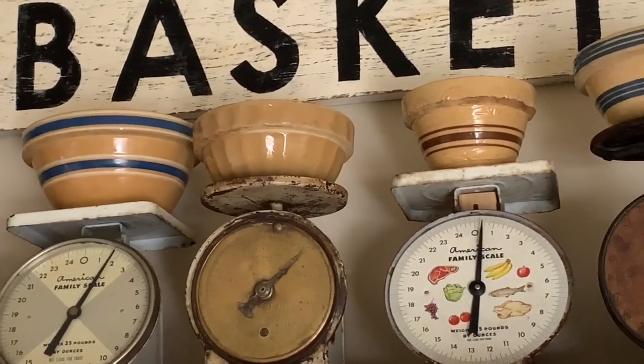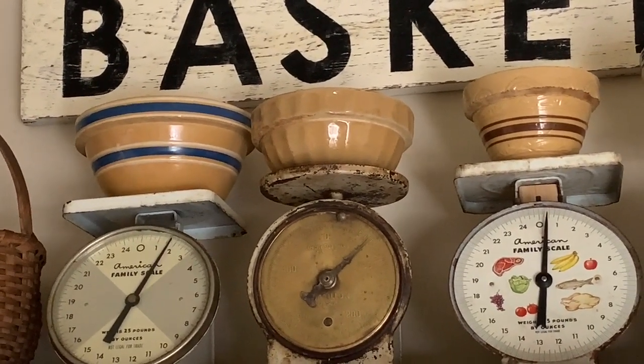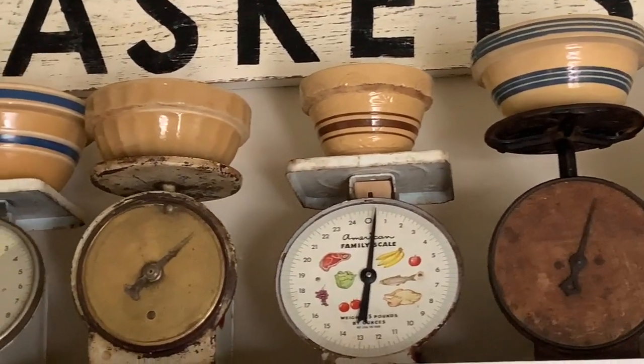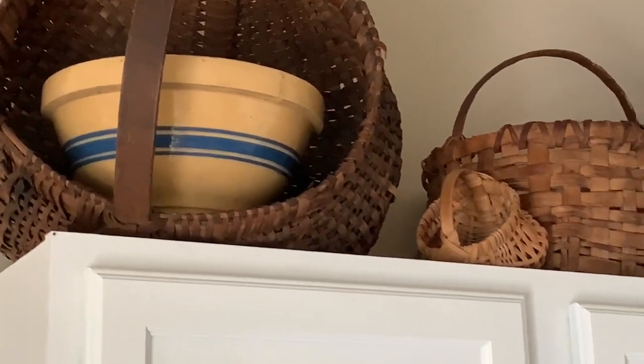Now these over here on the scale, they're pretty common, except that one on the oldest scale, second from the left, the scalloped looking one. I have a whole set of those. And I've seen those, but they're not as common as these other patterns. And then all of these, I either got at an auction or an estate sale. And most of the baskets, well, all the baskets either came from an auction, estate sale, or from,